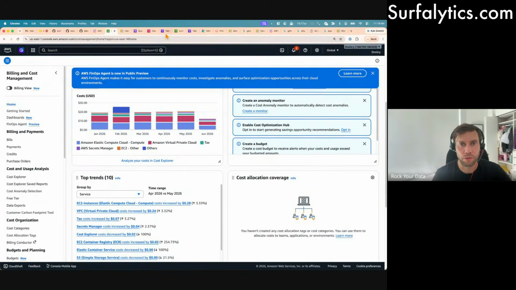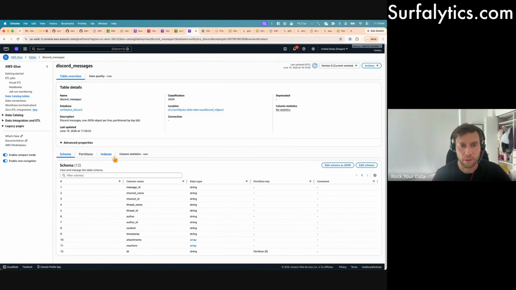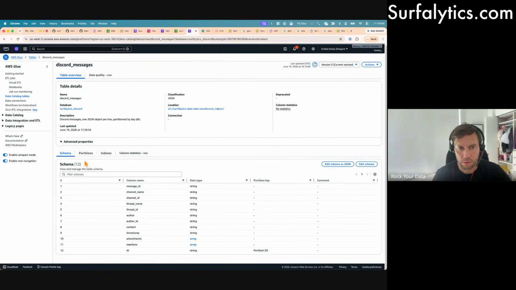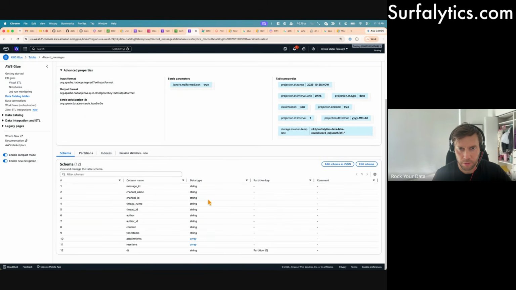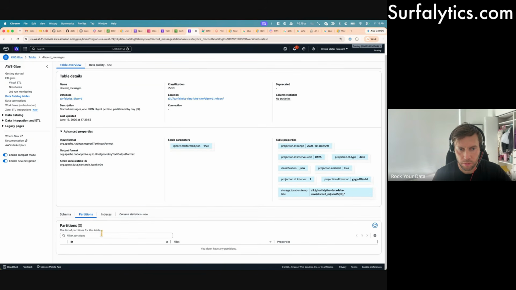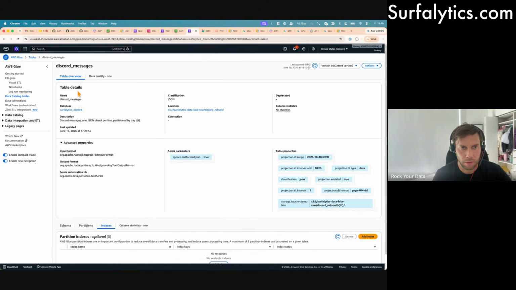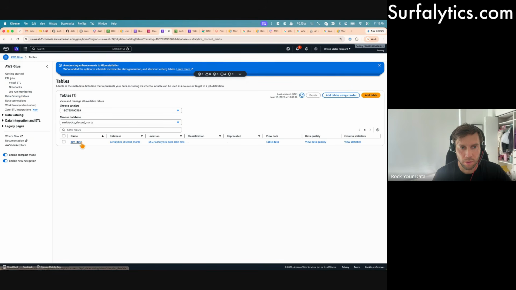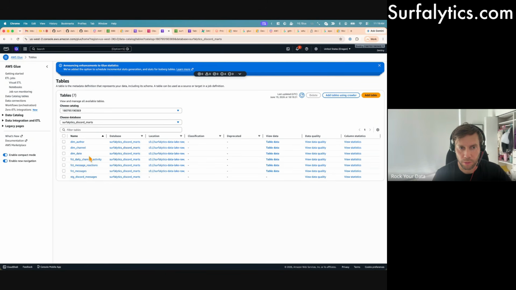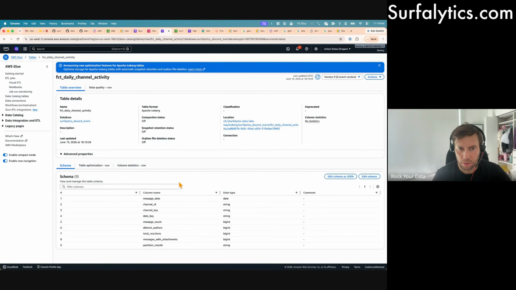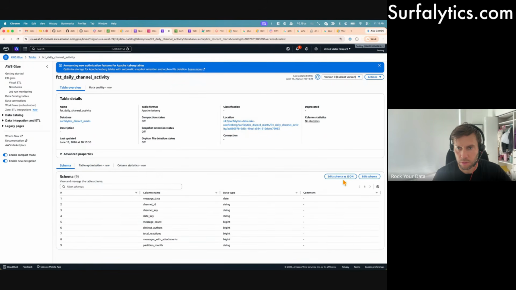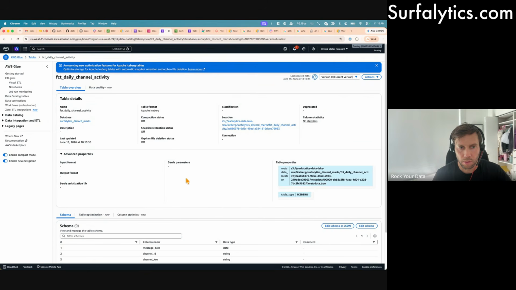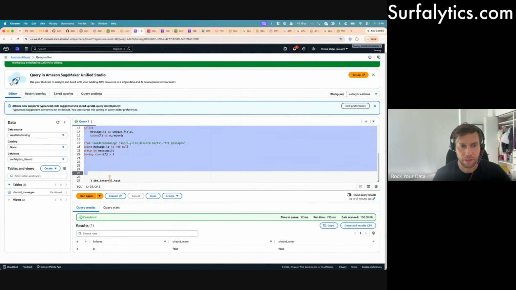Even if I go to partitions, indexes, table properties, partitions, index. So we now have all the tables. Table optimization, schema. You have table type. But in Athena,